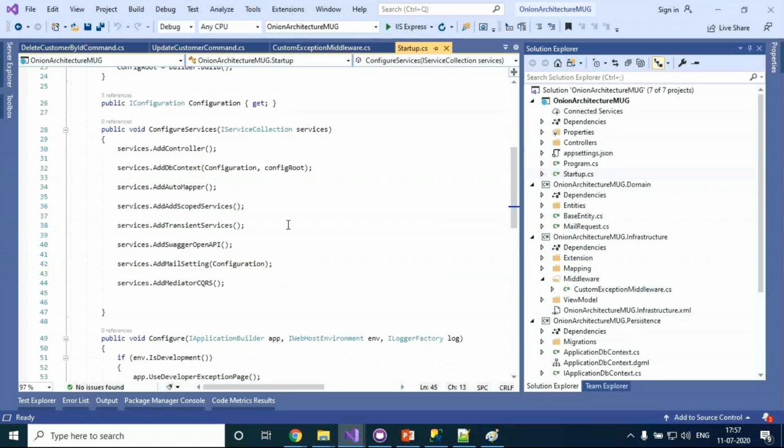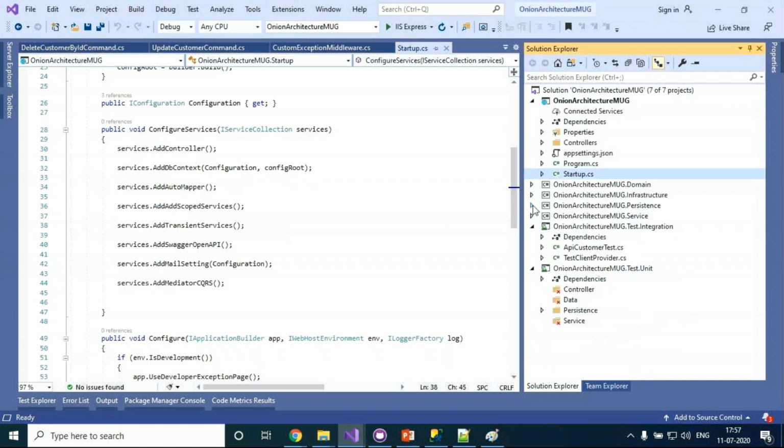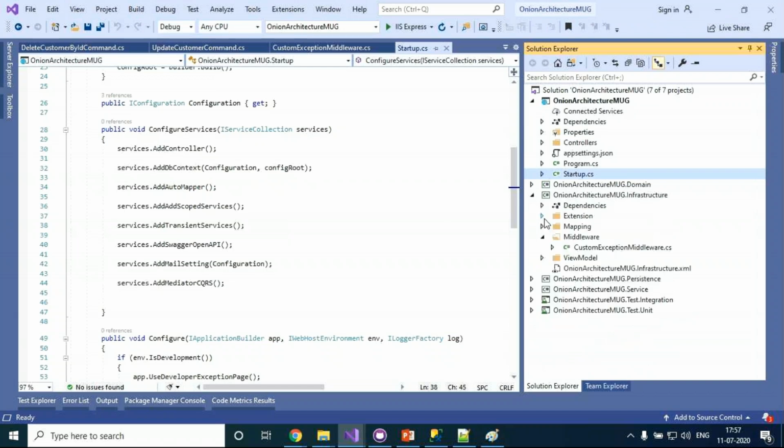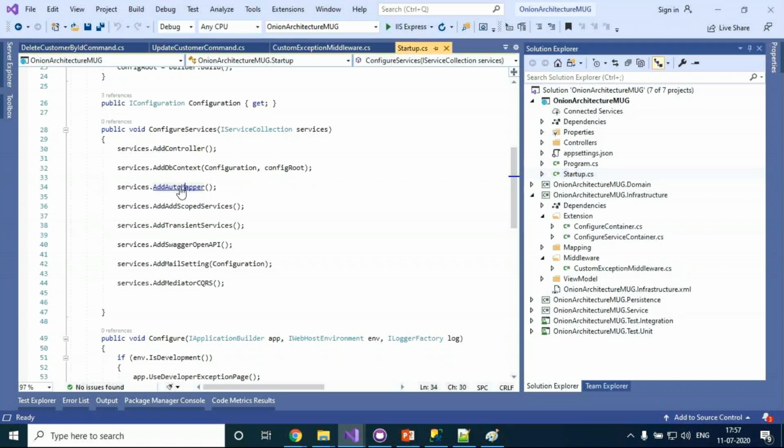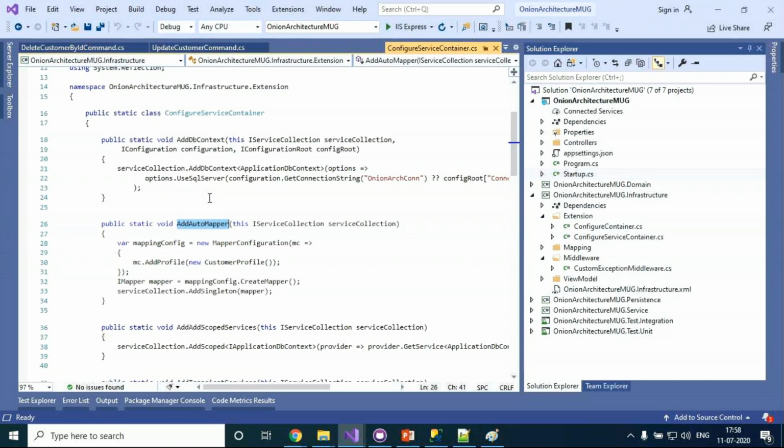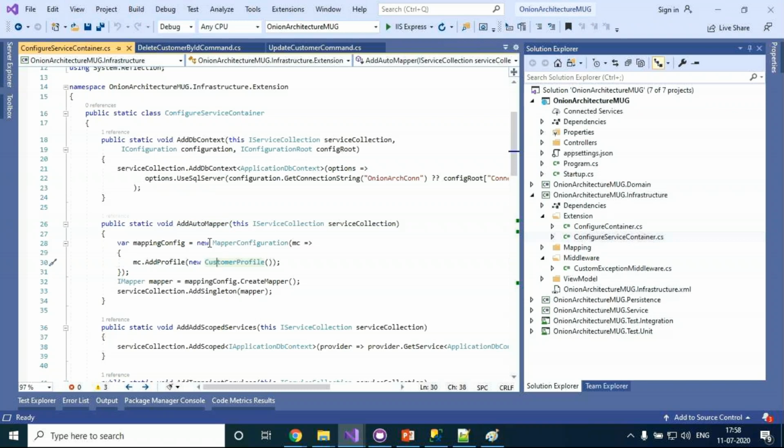But one more thing, to make our code very simple and abstract, so as not to mess up everything in my startup.cs file, right? What I did is I created an extension method, and I'm going to call all these extensions, like AddAutoMapper. So all the AutoMapper configuration is done in my ConfigureServices container here. And for the database, Entity Framework Core, you have to use SQL Server, or Oracle, or Postgres provider, whatever it may be, then come and change it.